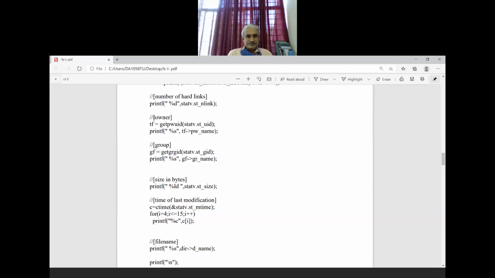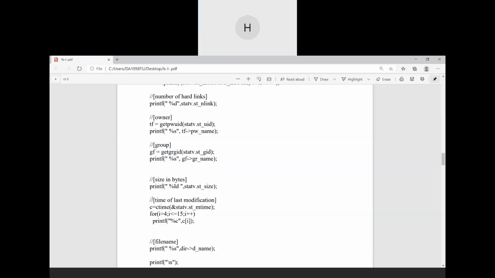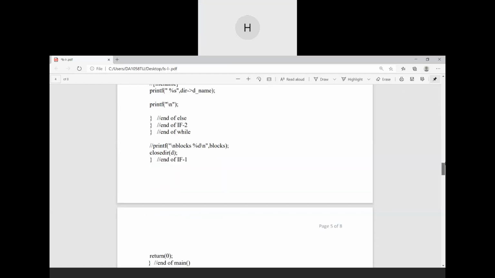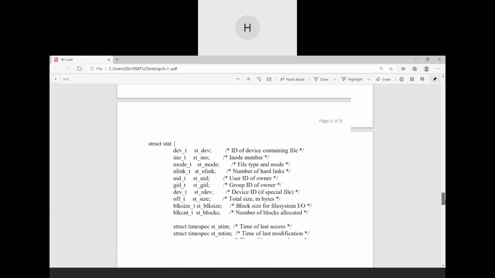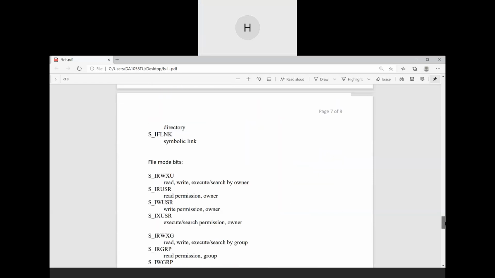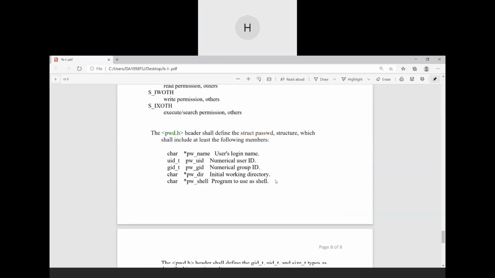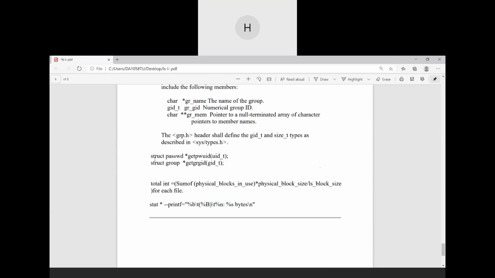And then for the owner, here we earlier defined the structure, and this is the syntax for defining it.